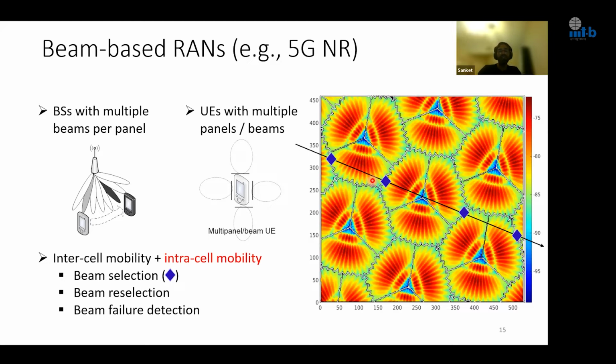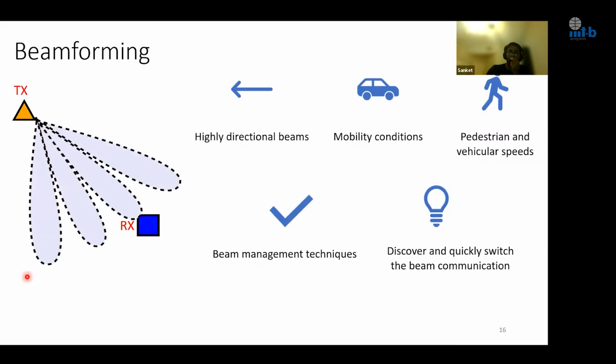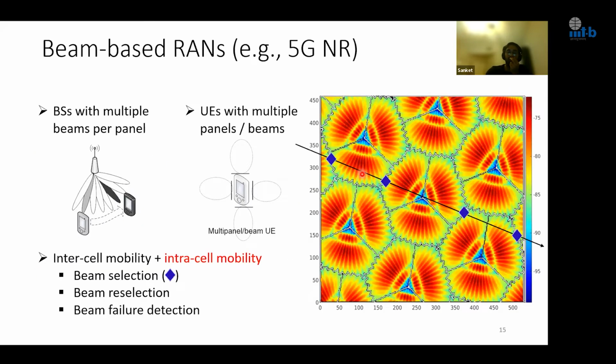Now, the key difference between 4G and 5G NR is these beams that serve the user when the user is inside the cell. And there is intracell mobility that we have to consider in addition to the intercell. Now, obviously, the challenge with this is that